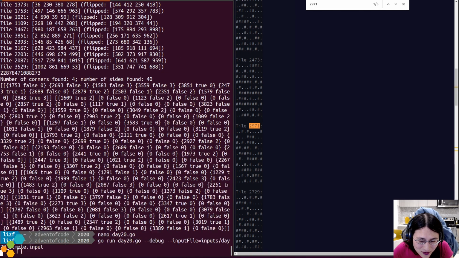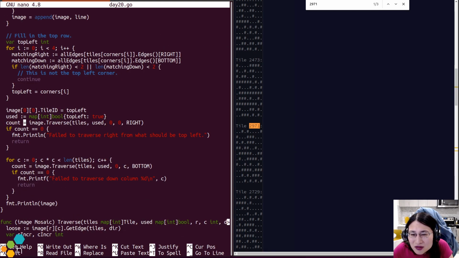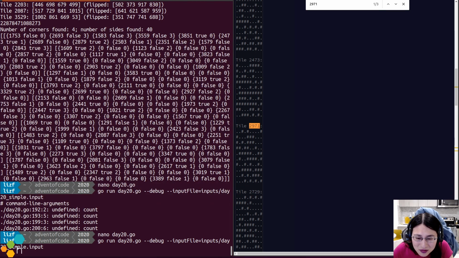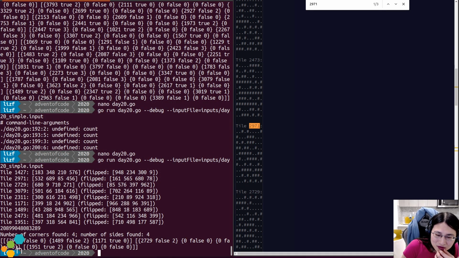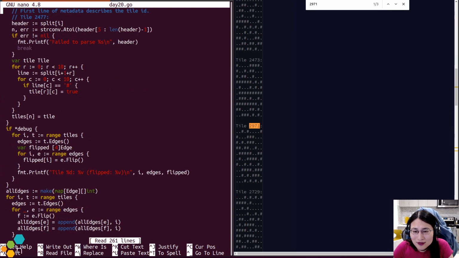Let's run it on the simple. Okay, so I successfully got the top row, successfully went down the first column, but for some reason I failed to actually go down the second column.